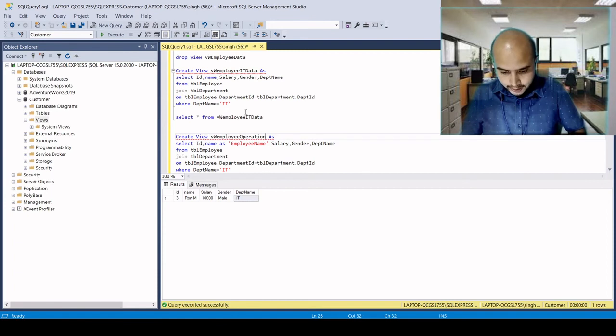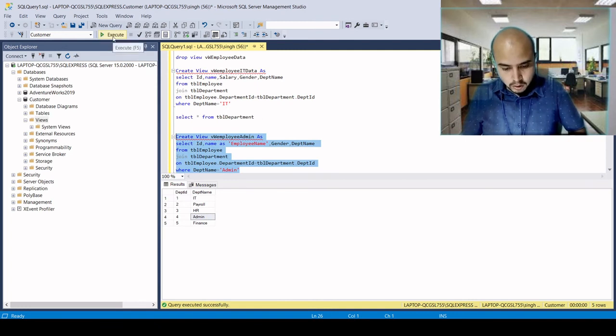So let me check the table once again. TBL employee. And let me check TBL department. And let's say operation, let's say admin. I just want to see the admin data, and I don't want him to see the salary structure.